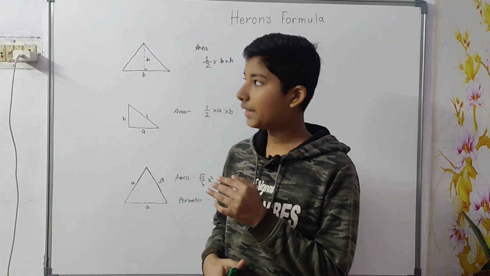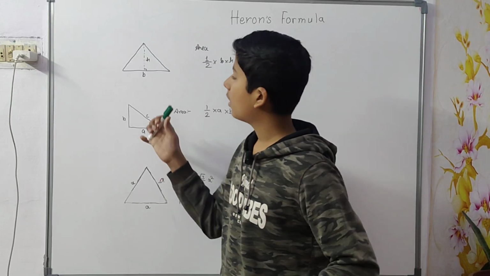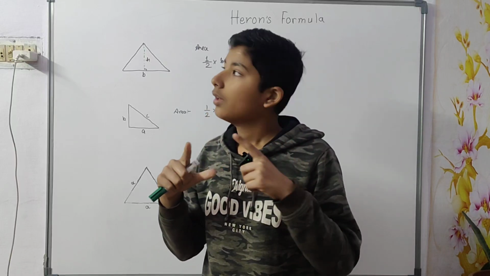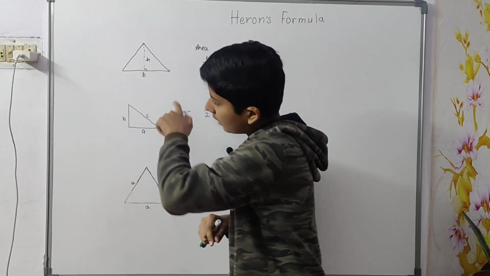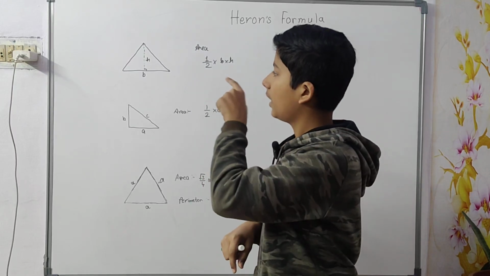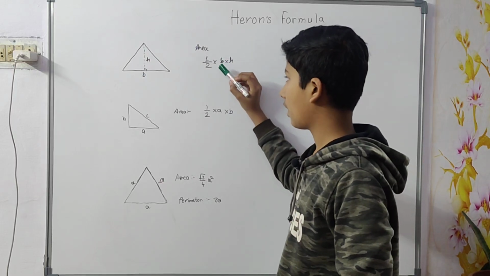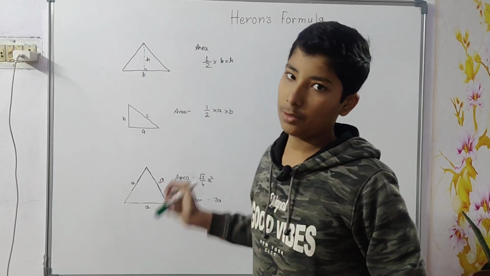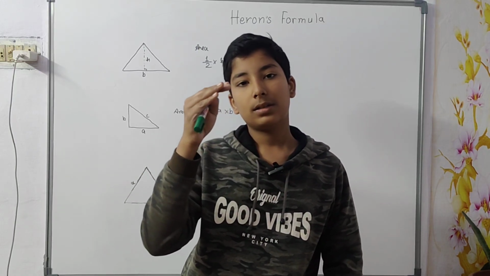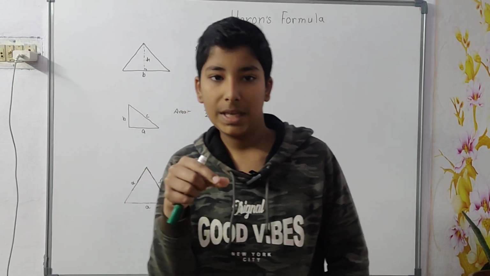So friends, now look, these are our next formulas. In this, like this is a triangle with height and base given, like sides are also given and height is also given in this triangle. Okay, so we can easily find this area by using half into base into height. As you all know, height is what? It is like just a side, just a line forming 90 degree on the base.